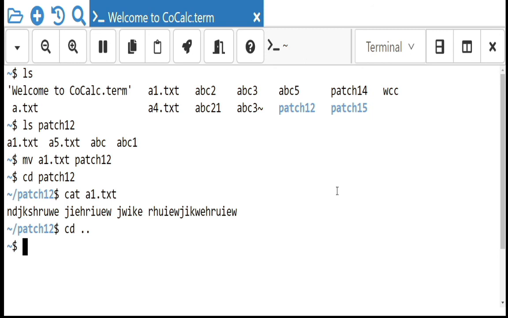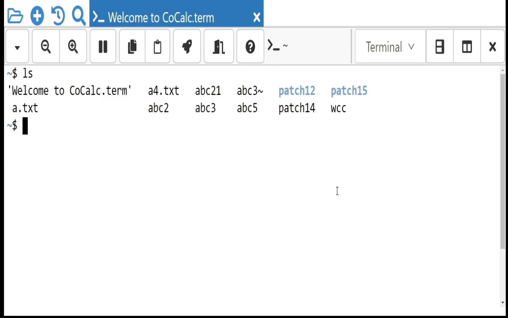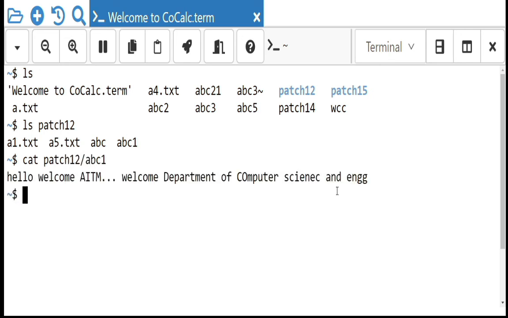Now I want to create another file which has the same name as a file present in patch 1, like a1.txt, or abc1. Let me check what contents are there in abc1. For that, cat, just give the path name, then abc1. Okay, hello, welcome to AITM. These are the contents of our abc1.